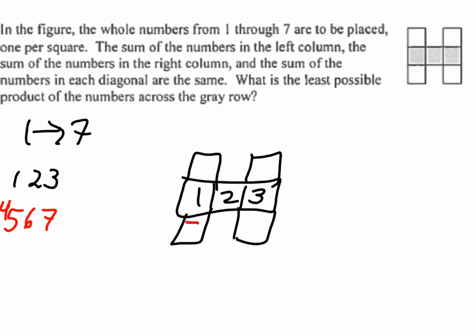So I might put the 7 here. So I pair the highest number with the 1. And then I want to maybe put the next highest on this side, because I don't want to put both highest numbers on one side. And then I can see, well, this adds up to 9. This adds up to 8. So what do I need to put here and here? So I would have to put the 5 there and the 4 there,